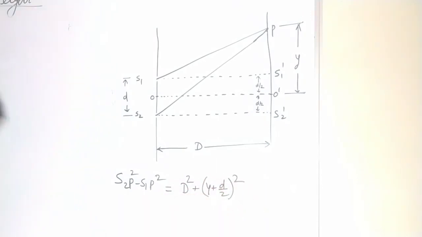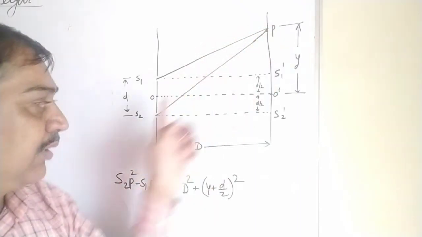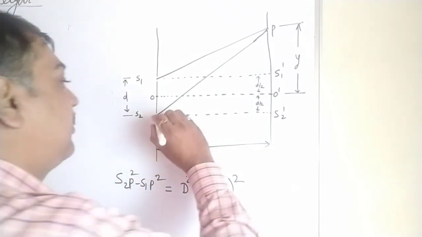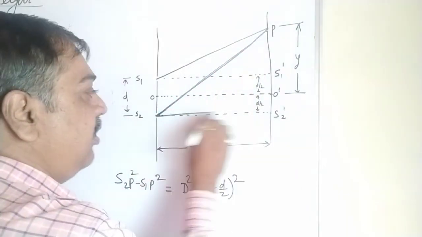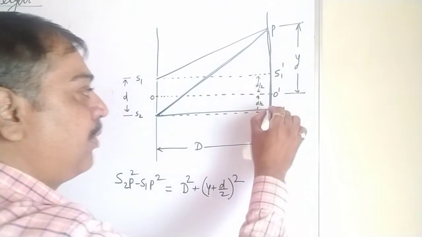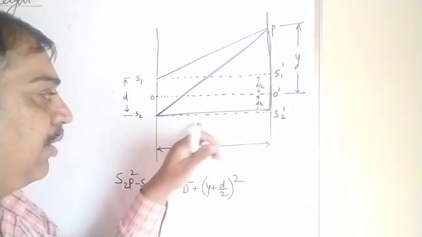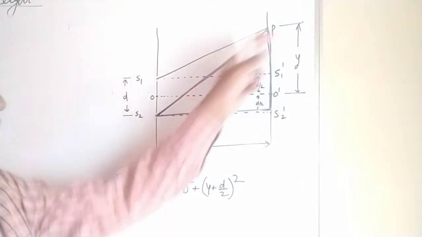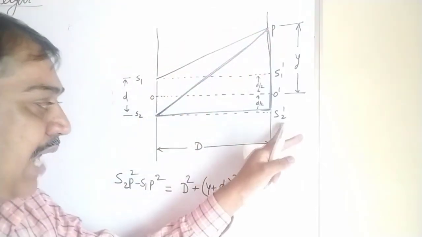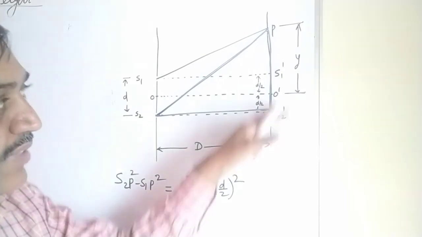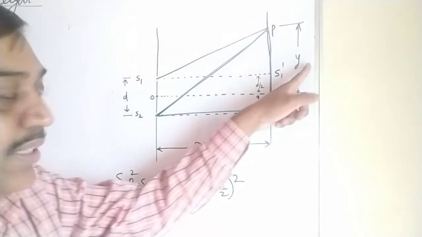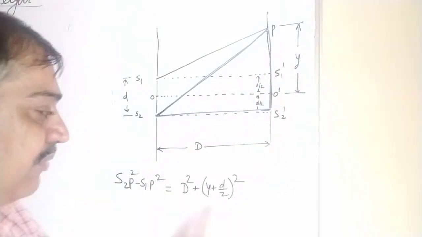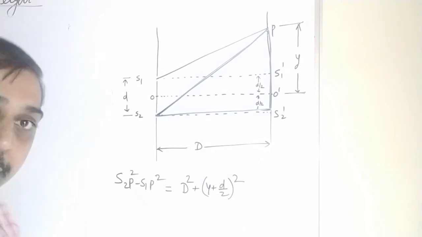Did you get it? For S2P, in this triangle we have to use the Pythagoras theorem: hypotenuse square equals side square plus side square. The hypotenuse is S2P, so S2P square equals S2 dash square, meaning capital D square, plus this distance. PO dash is already Y, so it is y plus d by 2 whole square. So that is S2P square minus